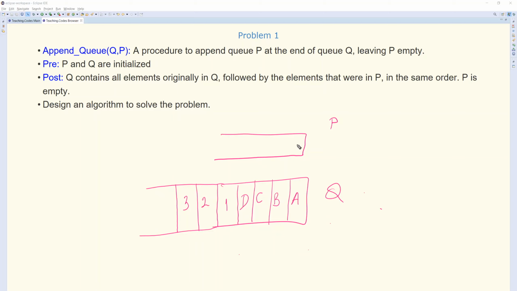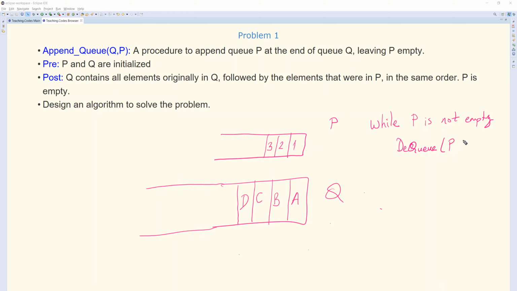So try to solve this algorithm just as an exercise. Actually, it's quite easy. I will not give the algorithm in a written manner here, but just let me explain in words. Let's go back to the original case. So what we are going to do is dequeue the elements from P one by one and enqueue them into Q. Now, could I do it in a while loop, like while P is not empty, E becomes what we get from P. So, or let me write it this way, dequeue from P,